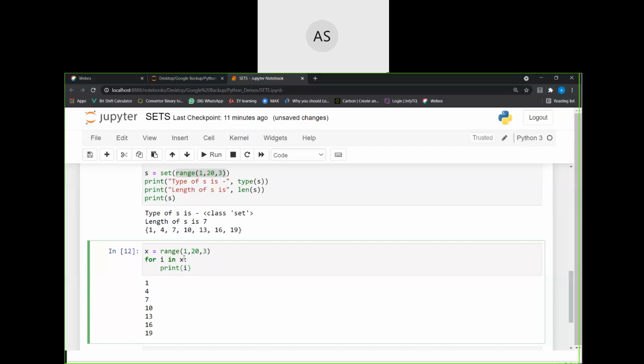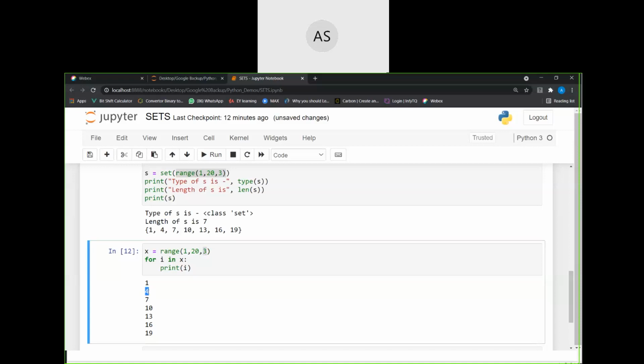Now first let us understand. I am saying the starting number is 1. Now it has taken 1. Now next, what is the second number? What is the next number going to be? How to decide that is with the help of my step value. The starting number, whatever was there, plus the step value is going to be my next number. So starting number was 1, step value is 3. So 1 plus 3, 4 is going to be the next number.